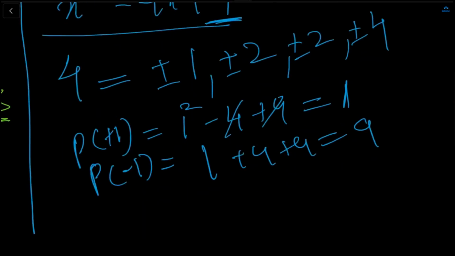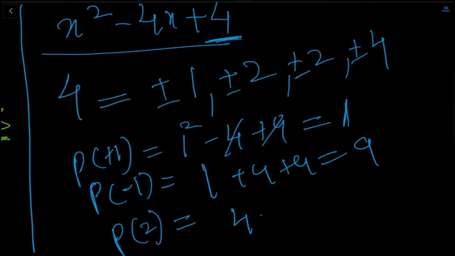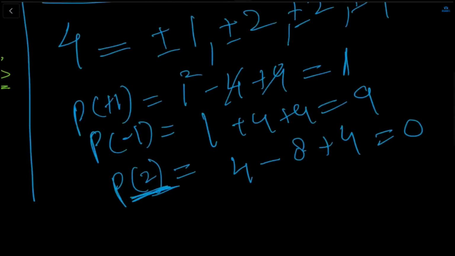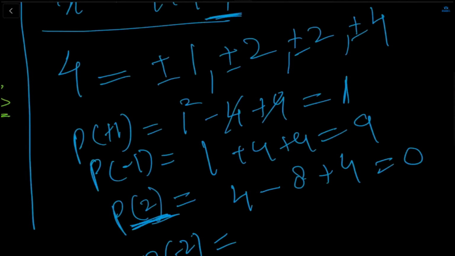If you put 2, P2, what will it give you? 4 minus 8 plus 4, which is going to give you 0. So P2 is one of the zeros of the polynomial. Now let's check P minus 2 also. This way you are going to check. You can check in rough, and in the fair copy you can just write the main values that are giving